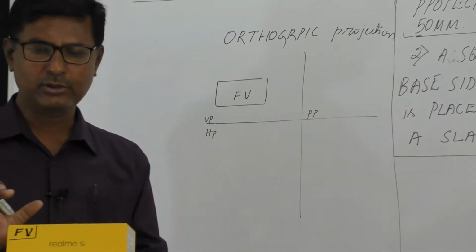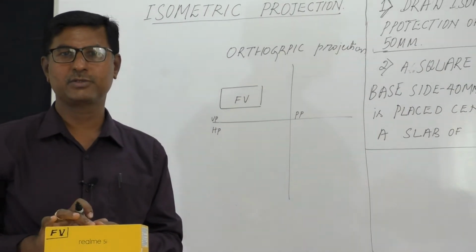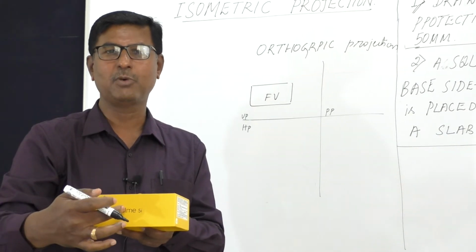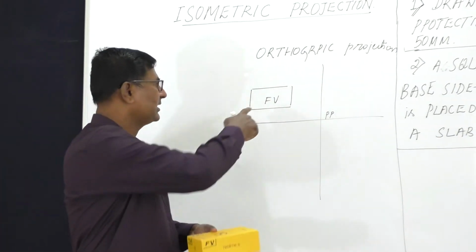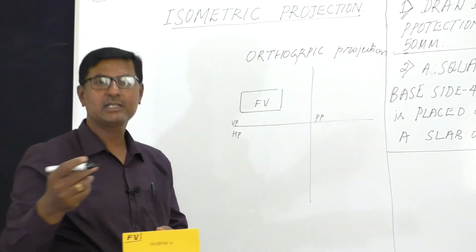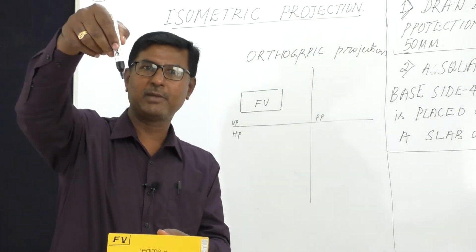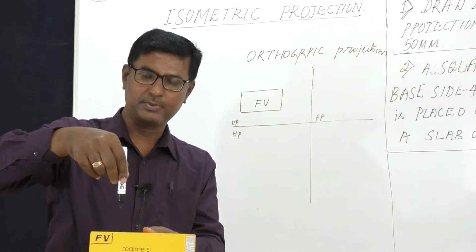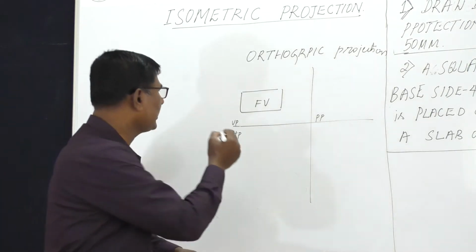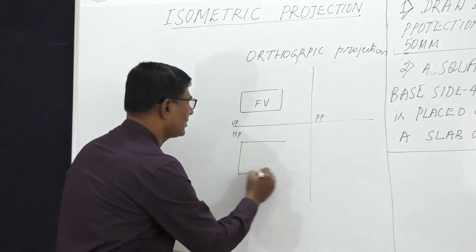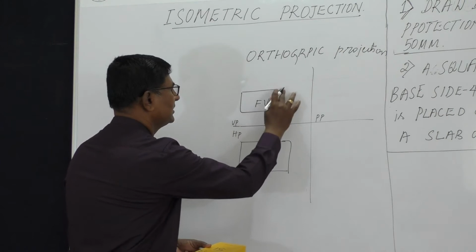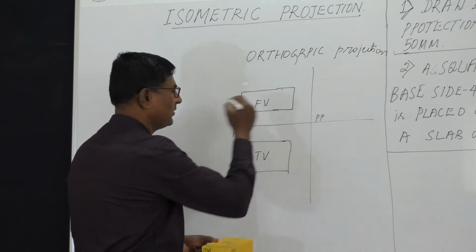Assuming that I wanted to draw the orthographic projection of this box, what will the observer do? The observer is fixed orthogonally to the front side of the box and he will draw the front view, and that's what I have drawn here. And if the observer comes to the top, look at my pen, you are looking at this box from the top orthogonally, and accordingly you are going to draw the top view of the box. This is the top view of the box.